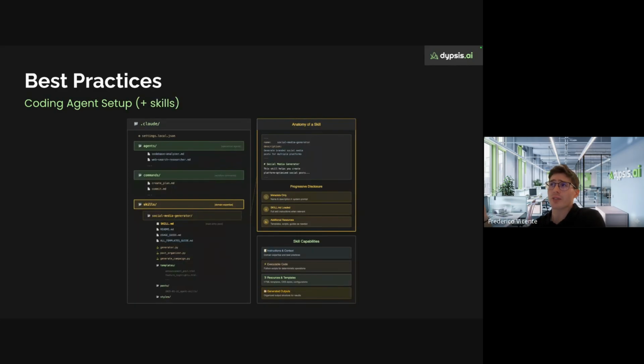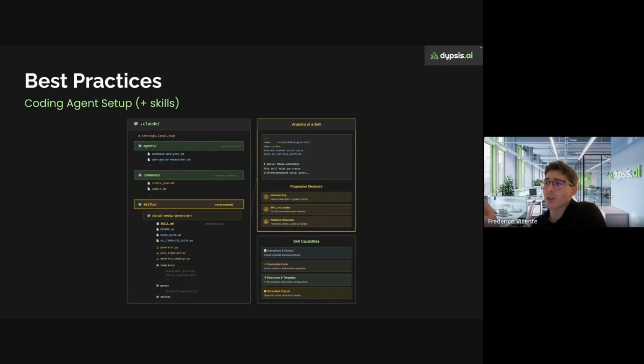You can even add some skills, so you can specify them in the skills folder. For instance, here I have an example where we created a skill to generate content for social media. As long as you are creative, skills can help you with a lot of tasks, and they are basically special domain capabilities that you can add to Claude.